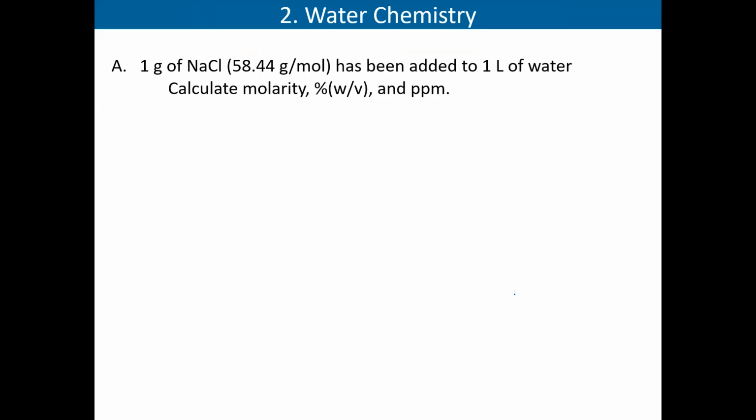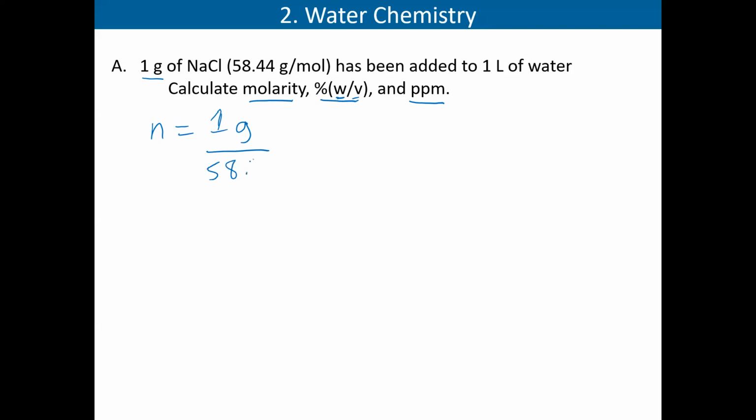This is kind of like Chem 101 stuff. So we're just calculating 3 things: molarity, percent, which is usually weight per volume, and parts per million. So let's take a look at molarity first. For molarity, we have to figure out the number of moles. The number of moles is usually denoted as an n. So the number of moles is the number of grams, so 1 gram, divided by the molecular mass,